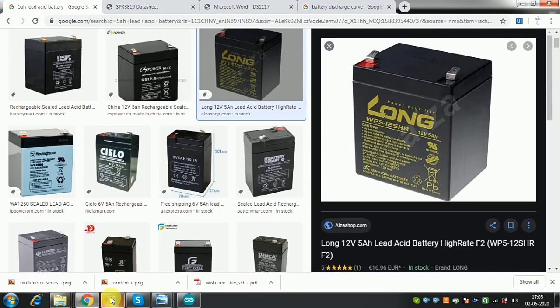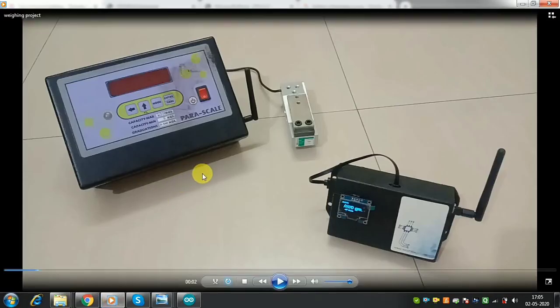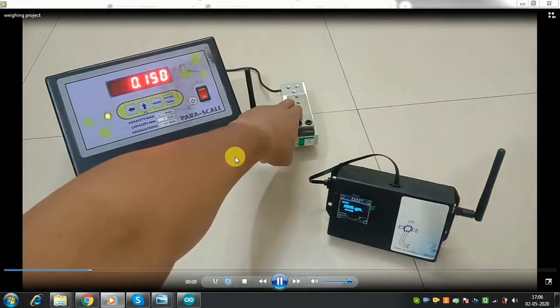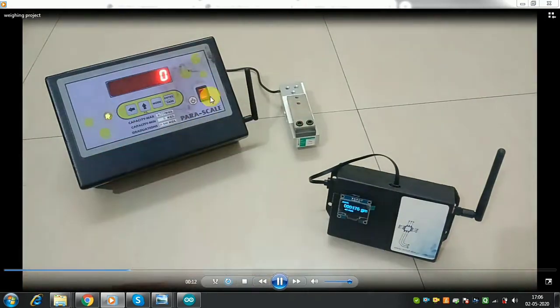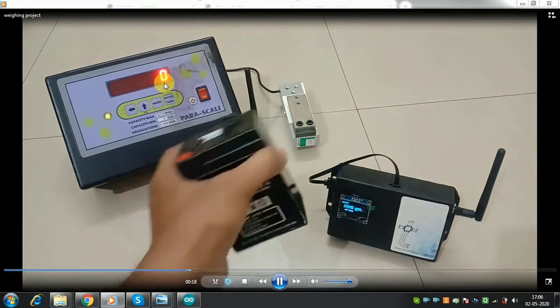So when to use what battery? This is a very good example of a use case. This is a weighing device. This is a stationary device, and this load cell, whenever something is kept, takes the weight and sends it to this remote unit. They work up to 1 kilometer. The thing is, this is stationary, this can be heavy, this is near a platform, this can be heavy, not a problem, but it cannot be charged regularly.